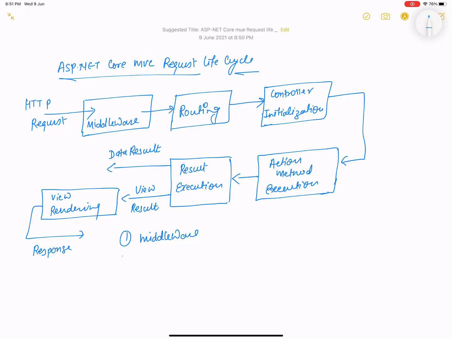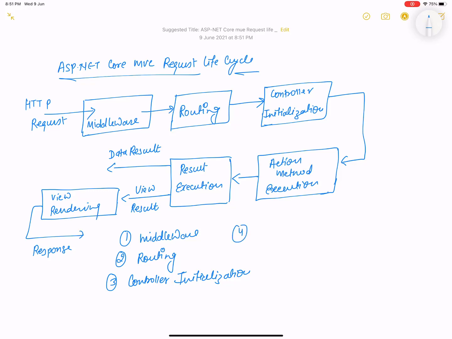Whenever a new request comes, it is placed at the first middleware component, the component that decides whether to generate a response after handling that incoming request or to pass it to the next component. And the next component is routing. Routing is a middleware component that implements the MVC framework. In ASP.NET Core, the routing system is used to handle MVC URLs. The routing middleware component decides how an incoming request can be mapped to controller and action methods with the help of conventions, routes and attribute routes. Routing bridges middleware and the MVC framework by mapping incoming requests to controller action methods. Now routing passes to the controller initialization.